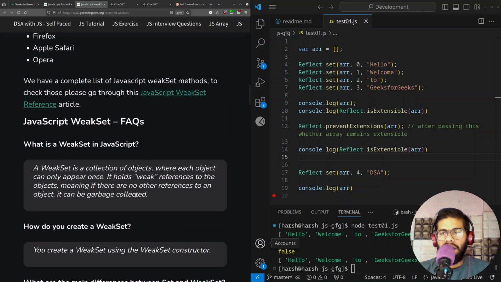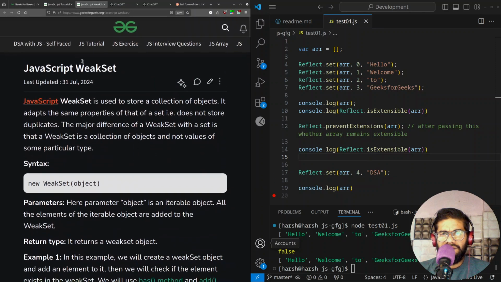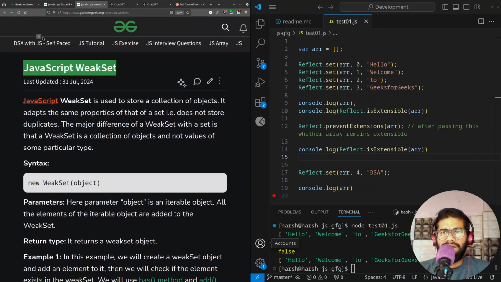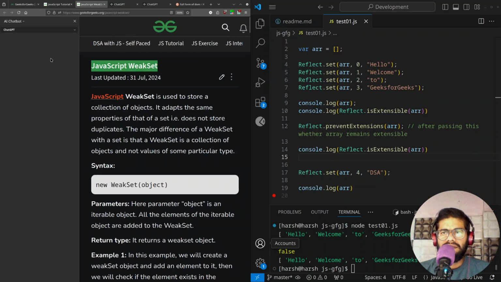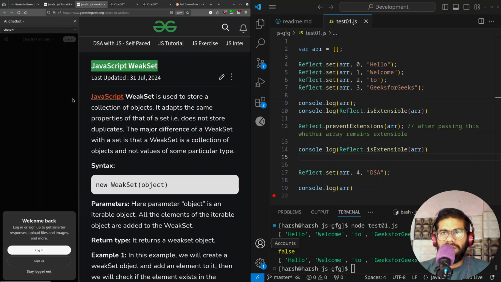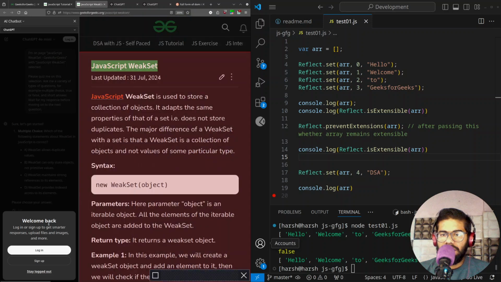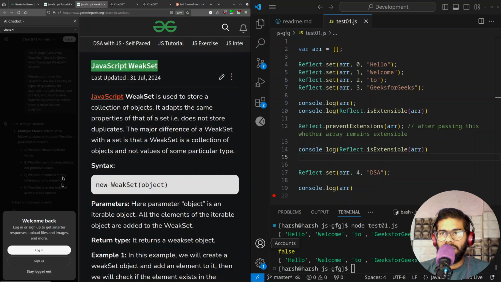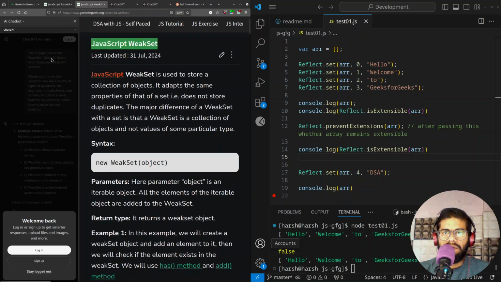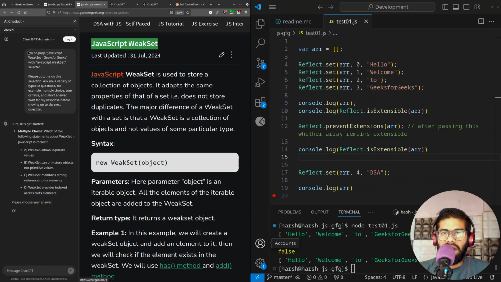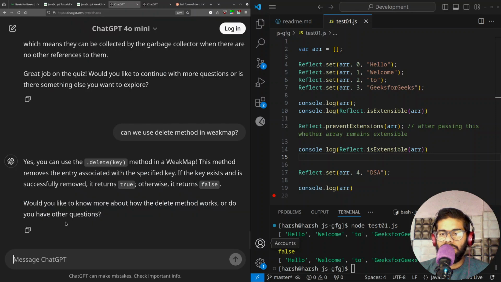Okay, and that is a very small topic, weak set. Let's have a quiz about it as soon as possible. Can we block this as well? Let's check it. No, we cannot block this. Okay, so I have to click it once. After that, when we copy this prompt and move to